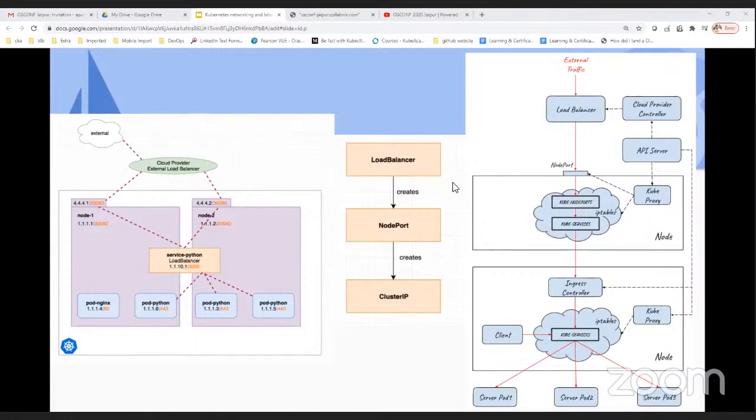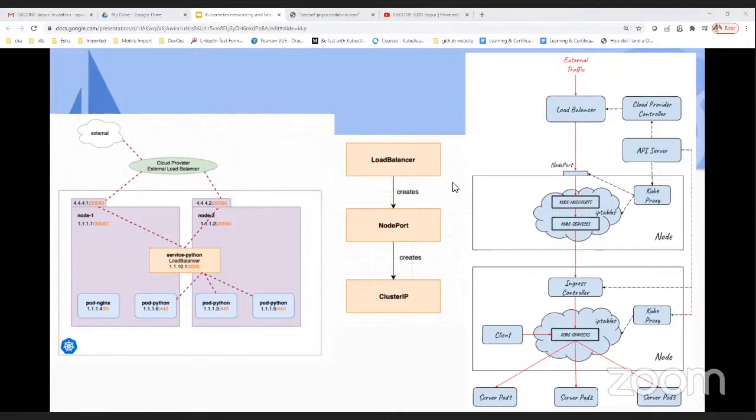If you look at the extreme right-hand side of the diagram, you can check how external traffic flows. Let's think I have multiple services and multiple applications running behind the Kubernetes cluster, multiple microservices, let's consider 20 or 30 microservices running inside my cluster. Then how can I manage those things?